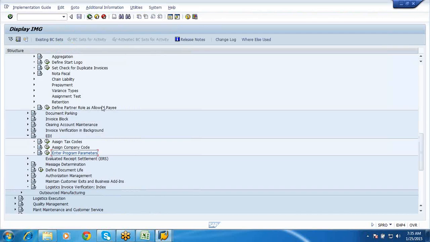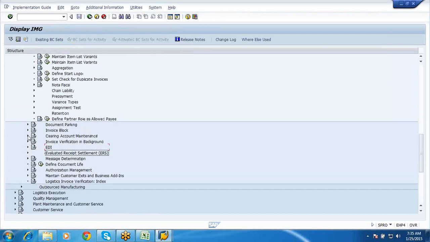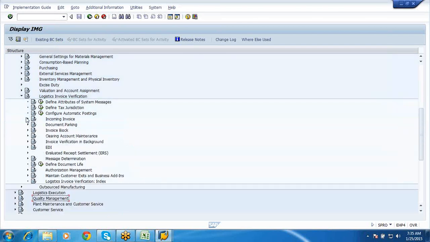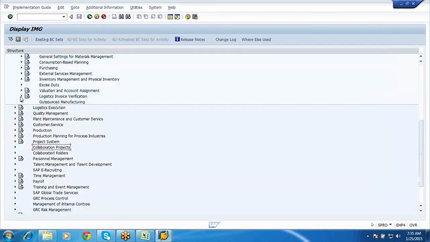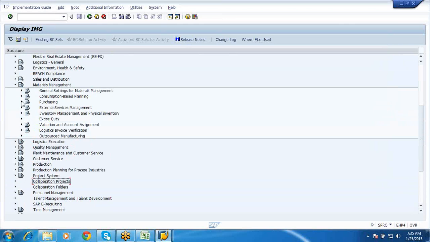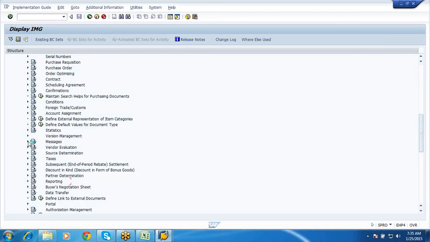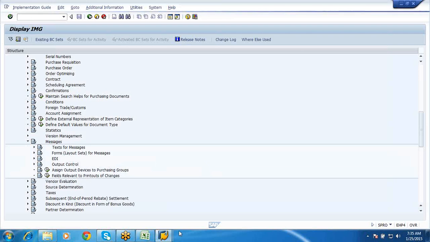And how do we send these POs to the vendors? How do we integrate these POs to the vendors? Usually through a third party, or how do we do it? No, no. See, I had explained this to you, I believe. Anyways, we'll see. There is something called messages in the system.